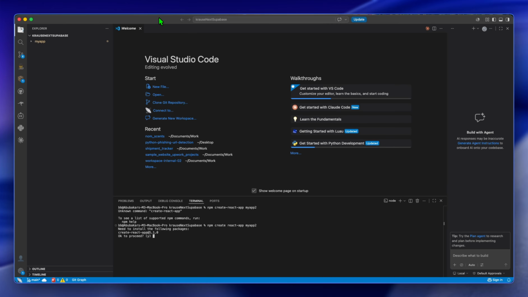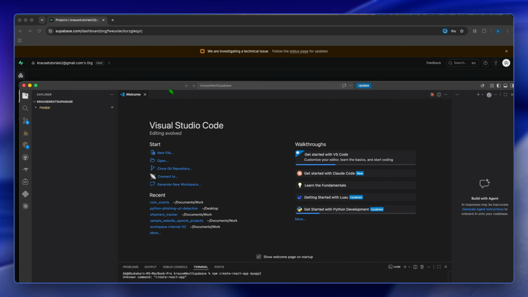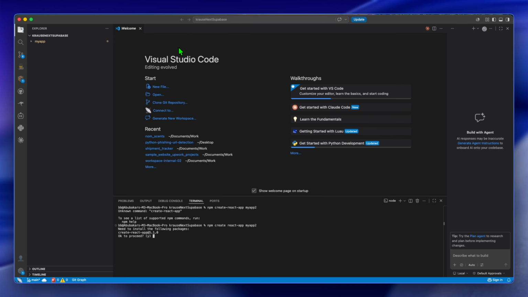Today I will show you how to connect Supabase with React in a few steps,